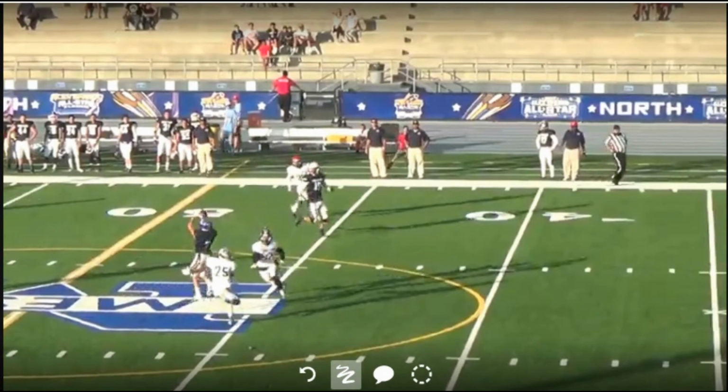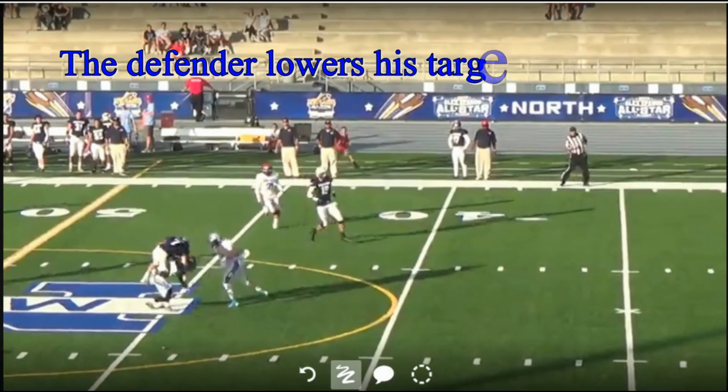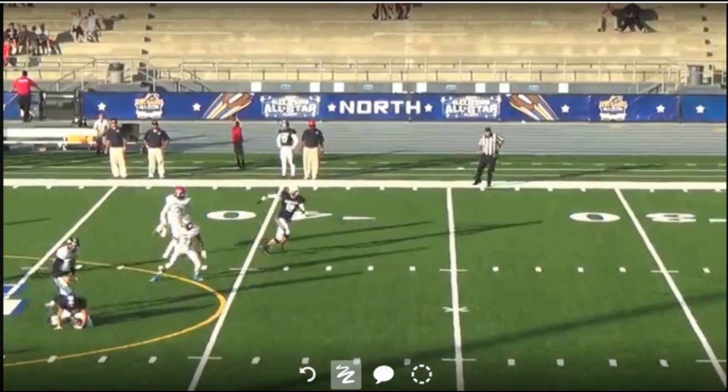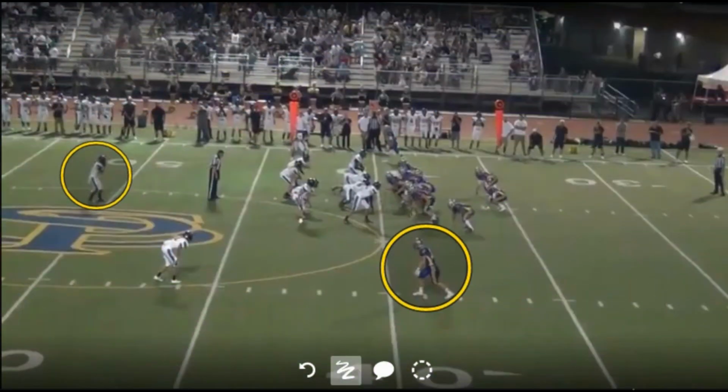Now note the position of the receiver. He is concentrating on the ball. By definition, he's defenseless. Now watch the actions of the defender. He's going to strike him midsection with the shoulder, but there's no upward thrust. This is just a good, hard, clean hit. Finishes him off with the back. That's legal contact.